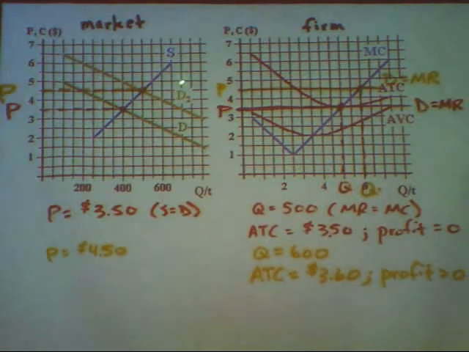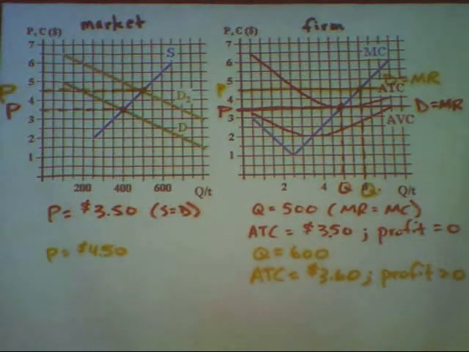As the supply curve shifts to the right, it moves along the demand curve and the price will start to drop. The price in the long run is not going to stay at $4.50. It's got to come down because the profits attract more firms and the supply would increase. The supply will keep increasing until